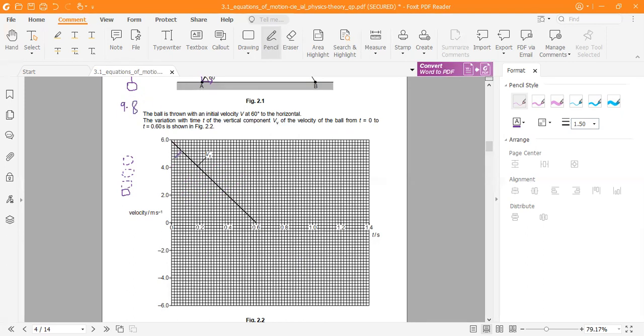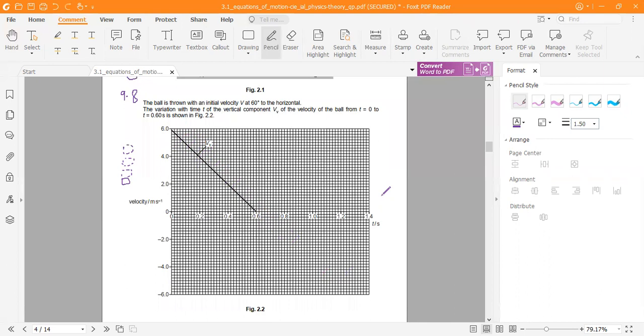So even if they ask us to find the slope, we know that our answer will be around 9.8 or 10. So this slope is going to be constant. All you need to do is put a scale over here and extend this line in the same direction like this. Now, the next question that arises is, how long will you extend it? Up till what value will you extend it?